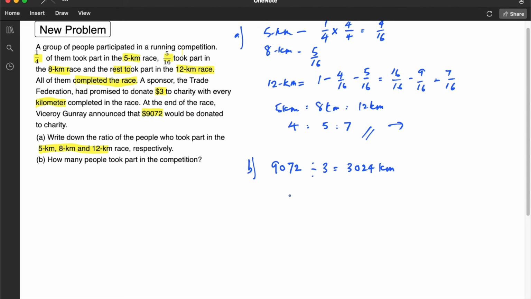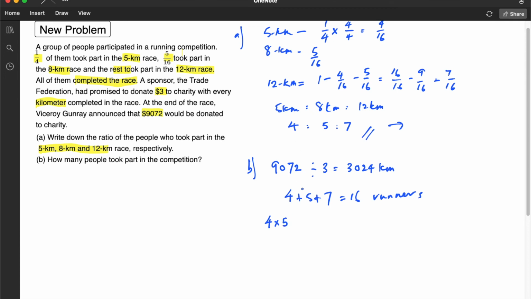So what we can do is to consider this as a group, a group of 4 plus 5 plus 7, or 16 runners. We can find out what is the total distance run by this group of runners. So the total distance run will of course be 4 multiplied by 5,